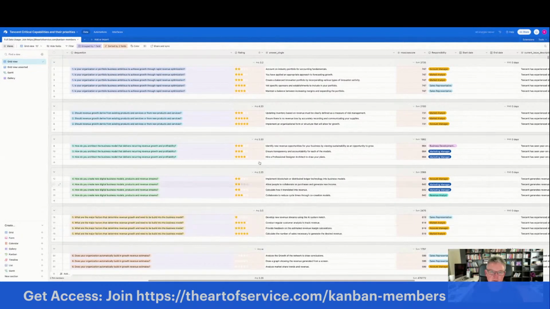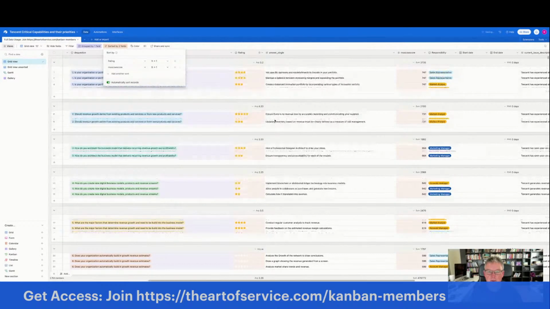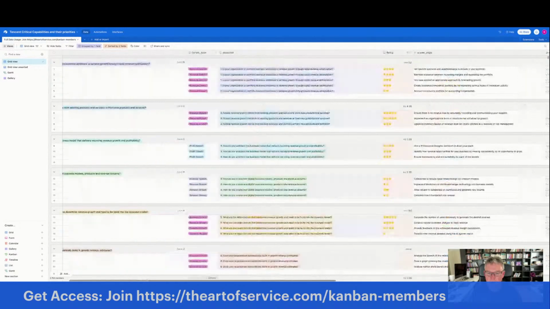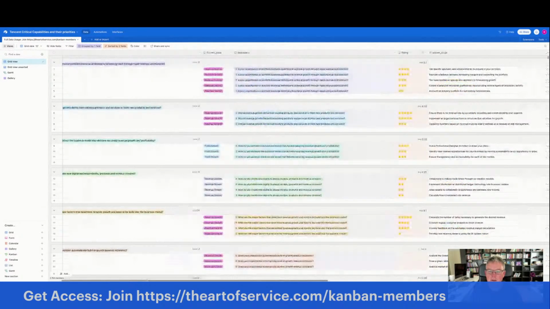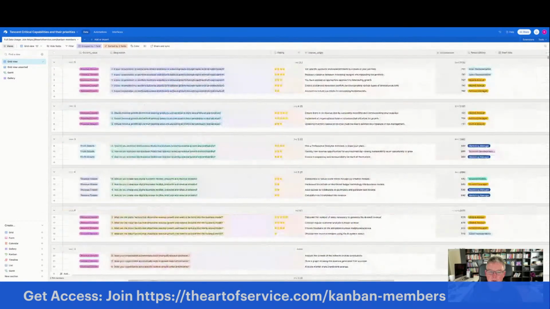So we've got the star system here. What I'm doing now is to figure out which areas we need to really focus on in our organization. I'm going to sort the stars, the ratings. Let's see if they pop up like this. There we go. Highest to lowest. So what it does now is it sorted the ratings highest to lowest. Now, when we go here to the left-hand side, I can see what areas pop up that Tencent focuses on mostly in the top five questions.